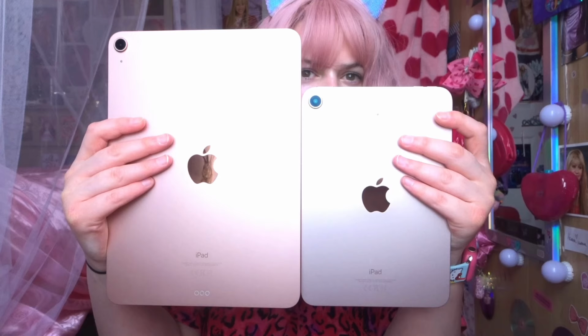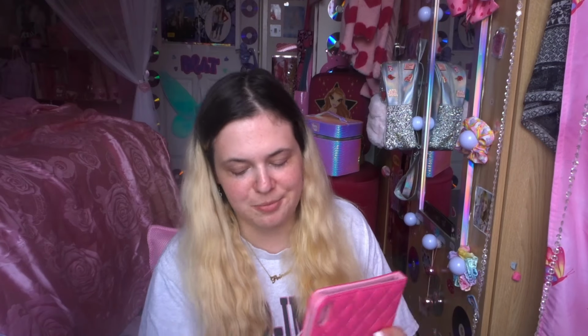So for my iPad, I have the iPad mini. I used to have the iPad Air, and the iPad Air was quite a bit bigger and quite a bit heavier, which made editing a pain because I have fibromyalgia. And